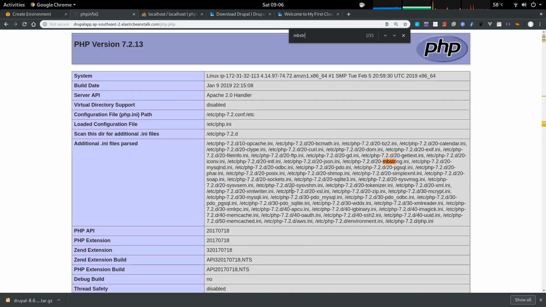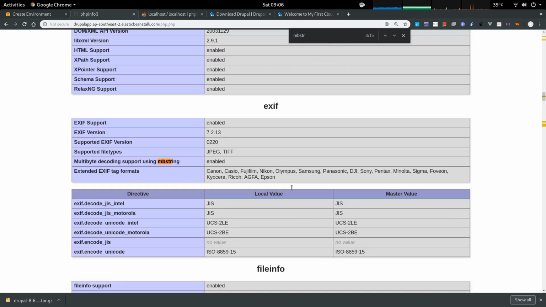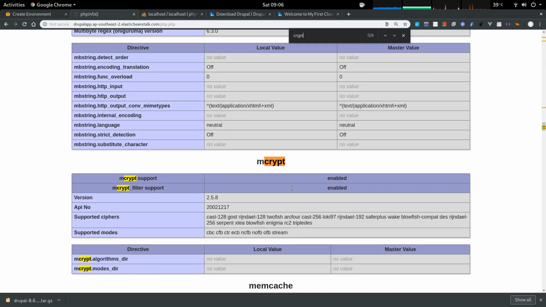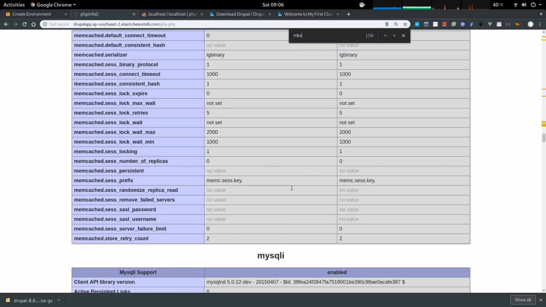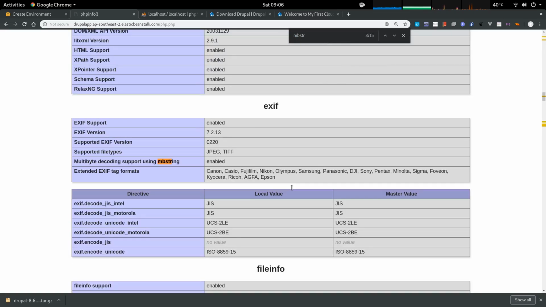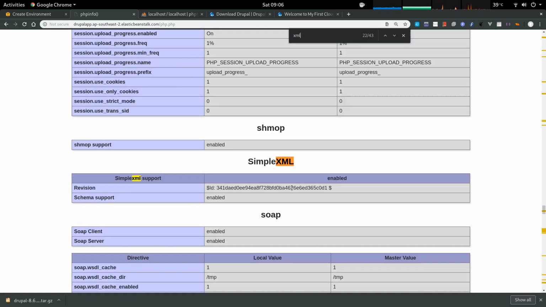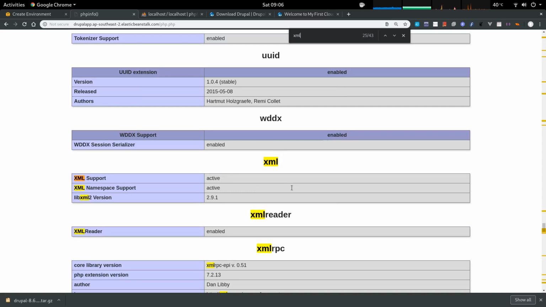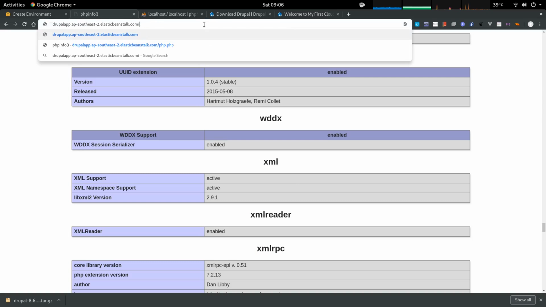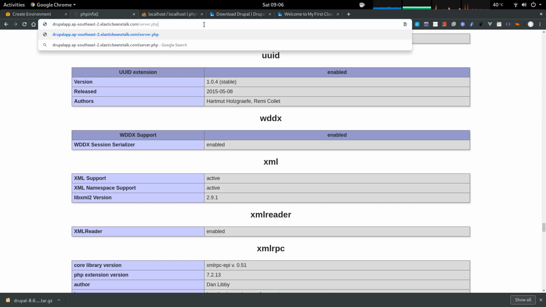I also noted that there was only 256 meg associated with the PHP instance. Now that maybe all right. I've had some difficulties with some plugins in Drupal taking up a little bit more memory, and you'll get a notice from your log file saying memory limit exceeded or memory limit run out. I won't test it in this instance, but it would be nice to see whether Elastic Beanstalk will scale